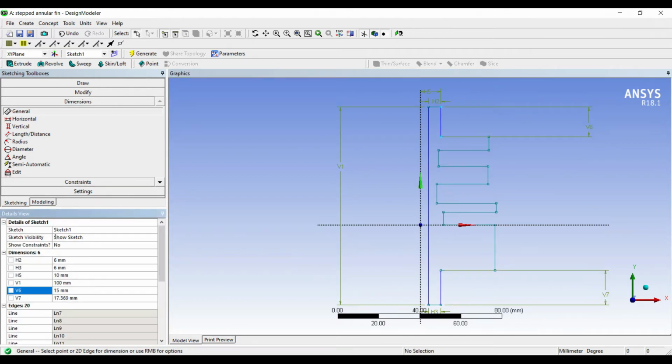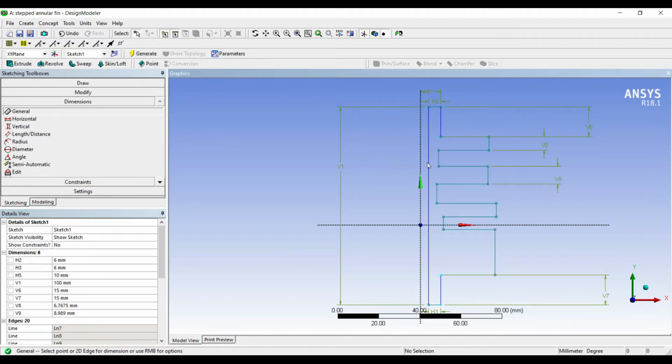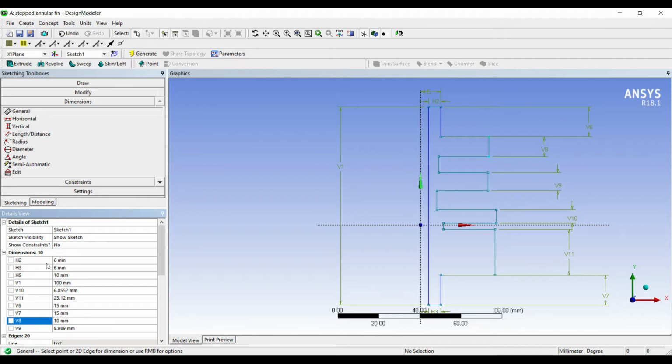I'll keep it as 15 for both. I'll choose these 3 and fourth one. V8 is 10. V9 is 10. V10 is 10. And V11 is 10.